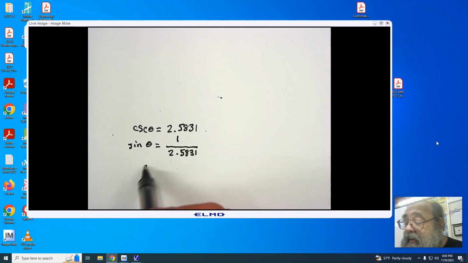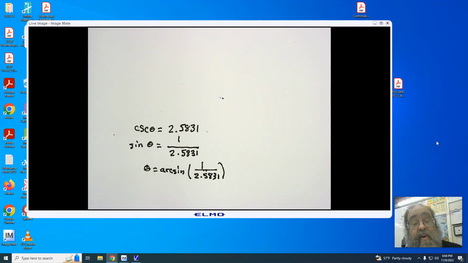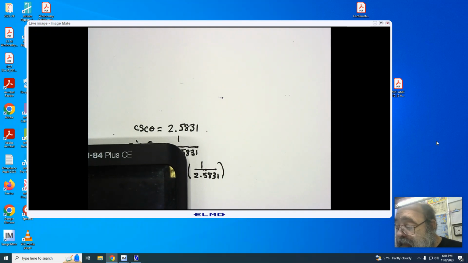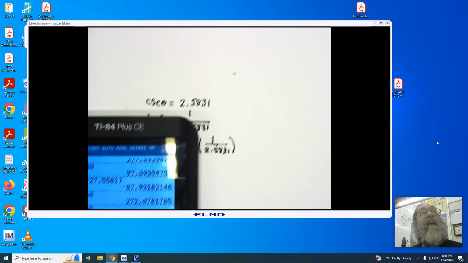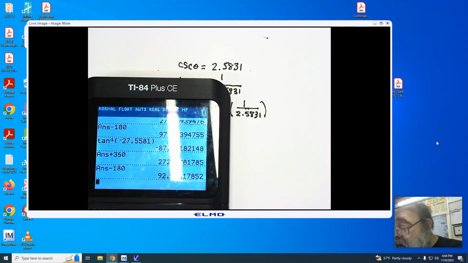I now can work with the arc sine of the given ratio that we have, 1 over 2.5831. And because it's positive, my answer will be in the first quadrant, and I will then use the reference angle from the first quadrant to find my answer in the second quadrant. Here we go. So instead of working with the arc cosecant, we work with its reciprocal function, arc sine, and we take the reciprocal of the ratio,